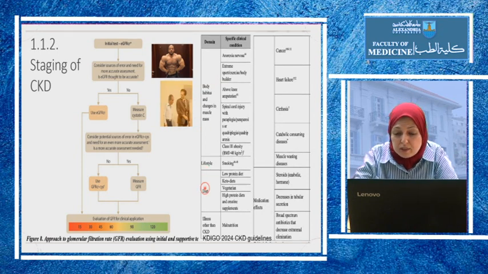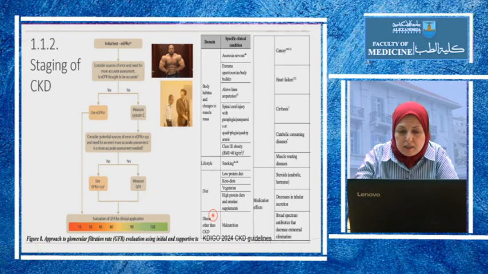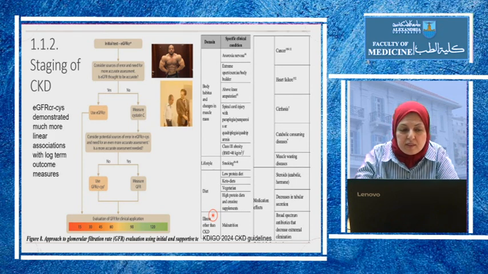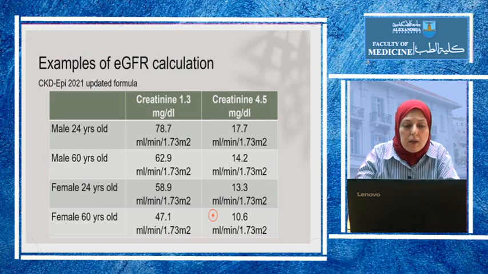So in patients with body habitus and changes in muscle mass, patients who are smokers, patients on low or high protein diets, patients on vegetarian diet or keto diets, patients with some illnesses like malnutrition, cancer, heart failure, cirrhosis, muscle wasting, patients with some medications that alter muscle like the steroids and anabolics, whether anabolic steroid or corticosteroids that cause catabolism, patients with medications that decrease tubular secretion, it is recommended in these groups to also measure cystatin C, and actually combining both creatinine and cystatin C in the formula for GFR is very beneficial, and it gives better results, and this result is more in line with the long-term outcomes.